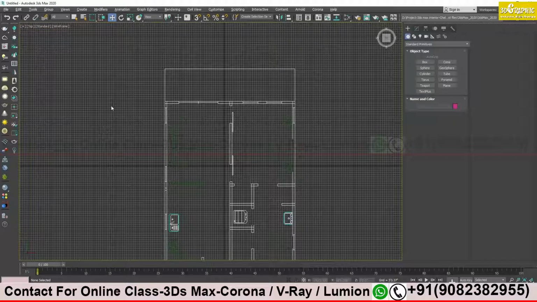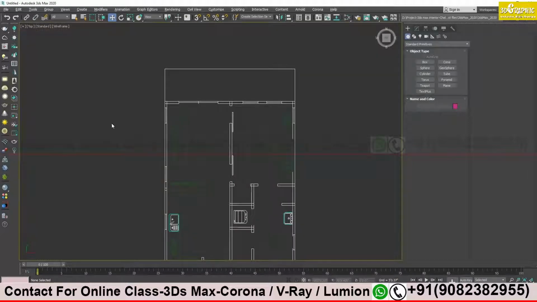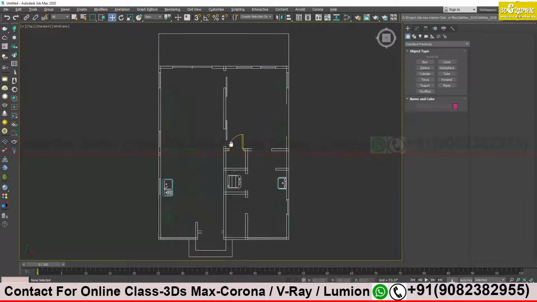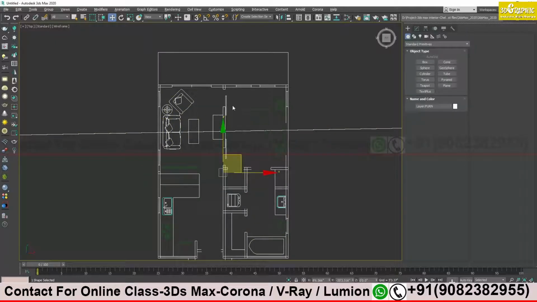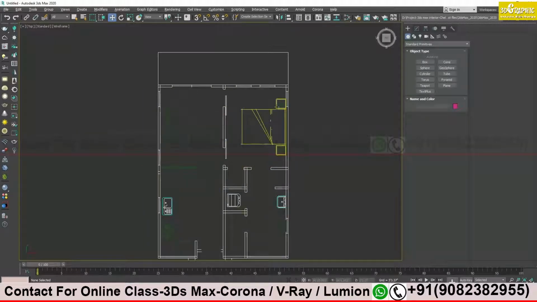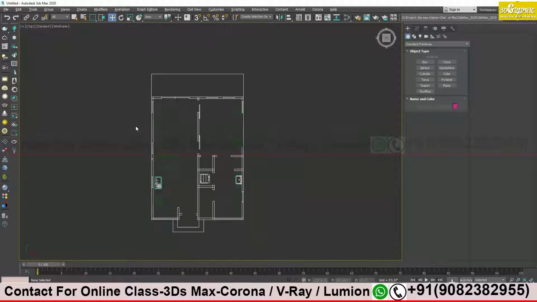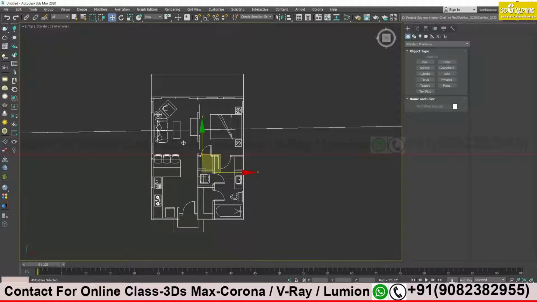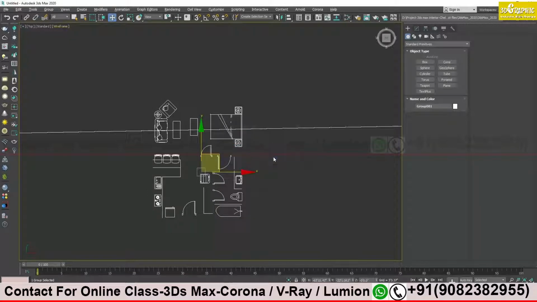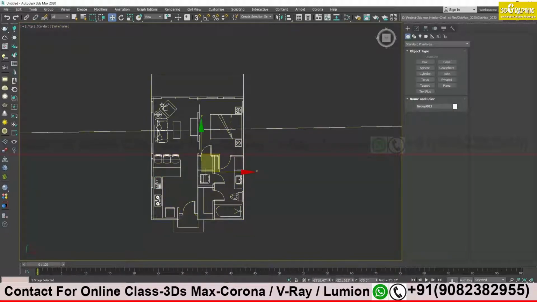To hide this grid, press the keyboard shortcut G. Now I can see my object properly, and I can see multiple furniture items and different elements. I recommend you click and drag every element and group it. Select everything, go to Group and then select Group. Clear? Now all the elements are selected at once.